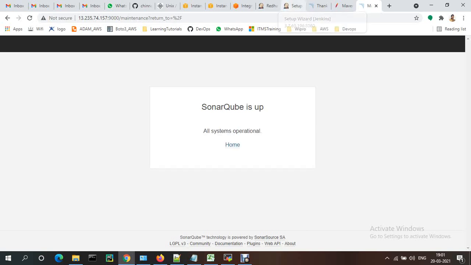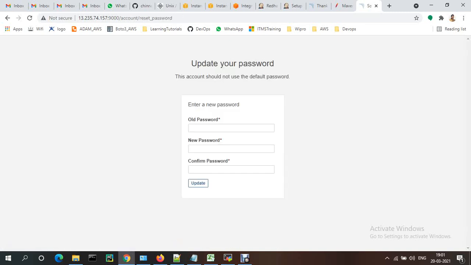Let me check. See, by default username is admin, password is admin. Just log in with admin. It will prompt you to change the old password. Admin123, admin123. Okay, just update the password.